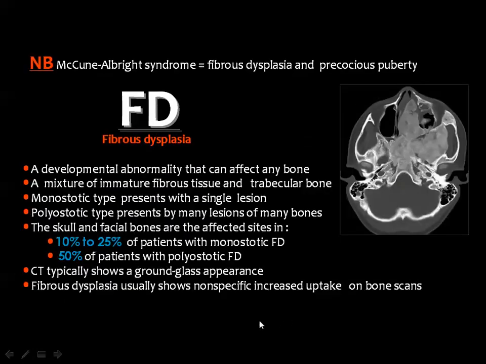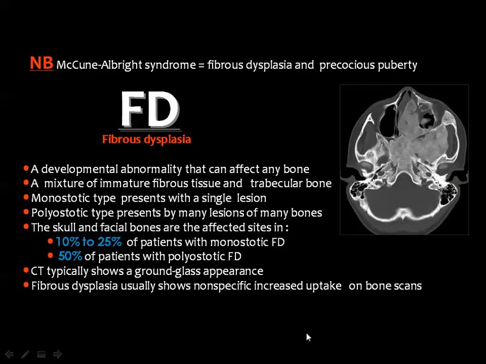Then we came to fibrous dysplasia, which I think is well known to all of you. This is a developmental abnormality that affects any bone in the body, and it has two main types: the monostotic type, which presents as a single lesion, and the polyostotic type, which affects many of the bones in the body. Head and neck involvement by fibrous dysplasia is about 10 to 25% in the monostotic form, and 50% in patients